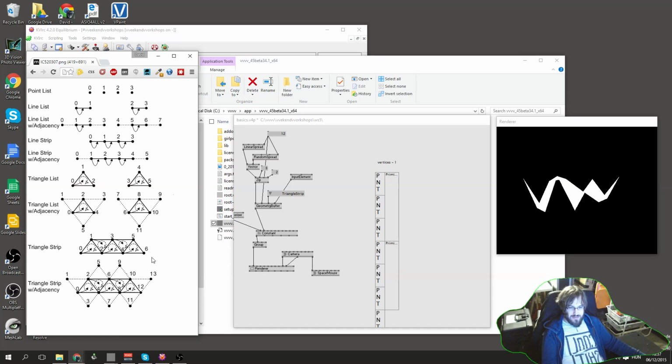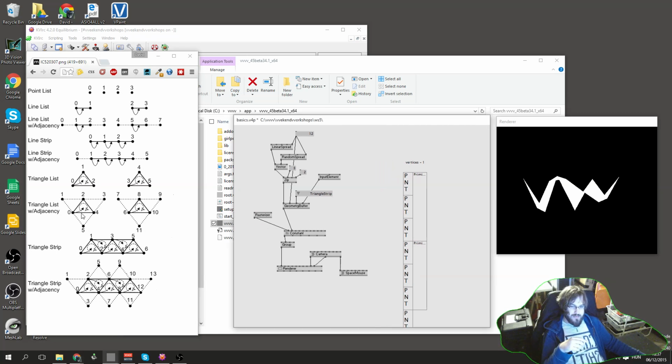The winding is the drawing order of the triangle, which can be clockwise or counterclockwise. It is important because the video card decides whether to draw a triangle or not by default